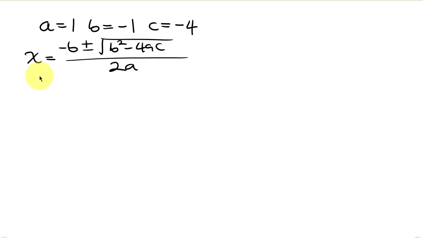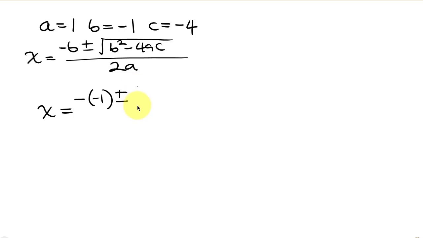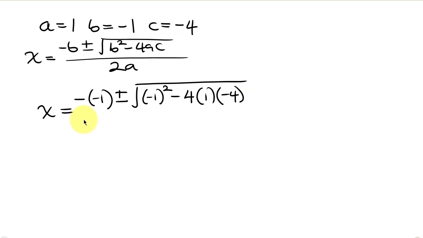So now substituting, we have x to be equal to minus b. So minus b is negative 1, plus or minus the square root of b squared, that is negative 1 squared, minus 4 times a times c. So 4 times a is 1, times c is negative 4. All over 2 times a, that is 2 times 1. Very good. So making x to be equal to negative times negative is positive, so I'm going to be having